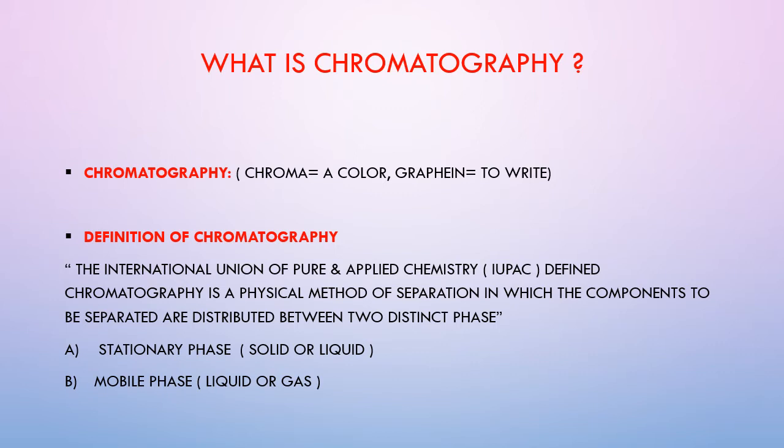Substances used as mobile phases are selected depending on the nature of the components to be separated and the type of chromatography. Commonly used mobile phases are alcohol, water, acetic acid, acetone, or some gases in different chromatographic techniques. In today's lecture we are going to discuss only one chromatography, which is partition chromatography.